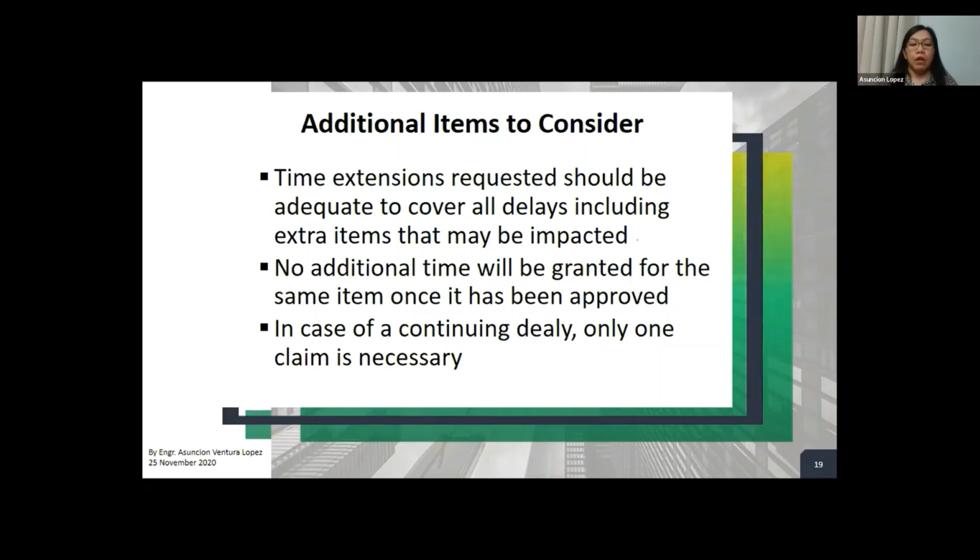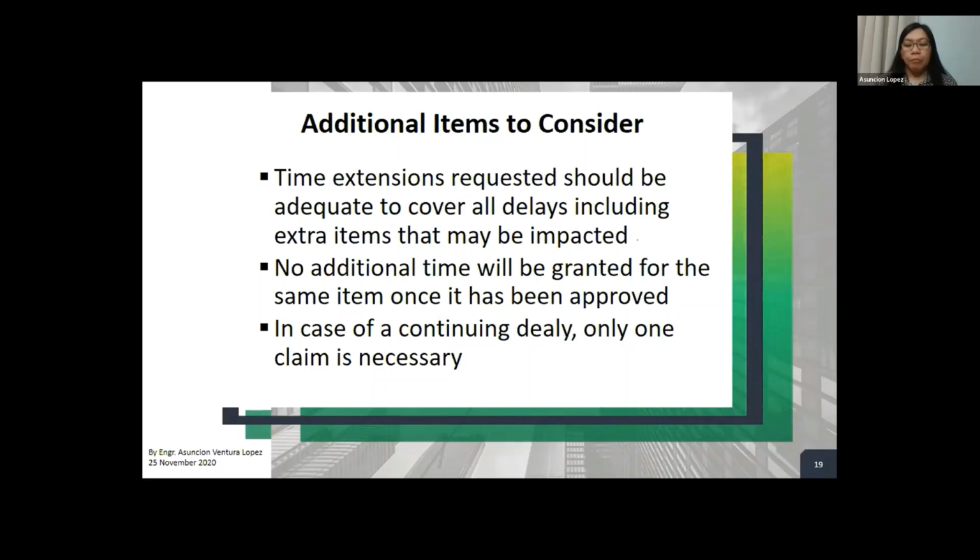Because no additional time will be granted for the same event once it has been approved.